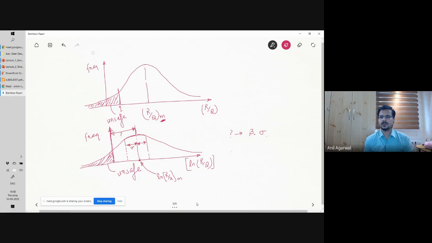Okay, so I have to make sure that my ln R by Q median, that is this value, is greater than whatever beta value I want to pick multiplied by sigma. Agreed? So if that is the case, I am far away, and my probability of being on this side is less if I am far away. So I have to select